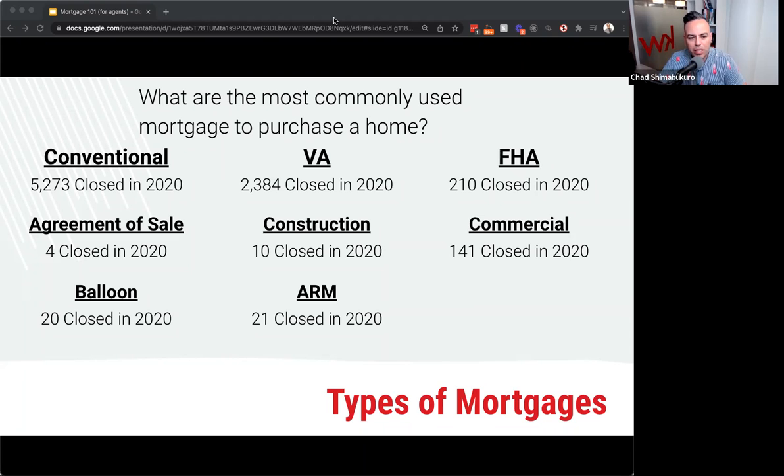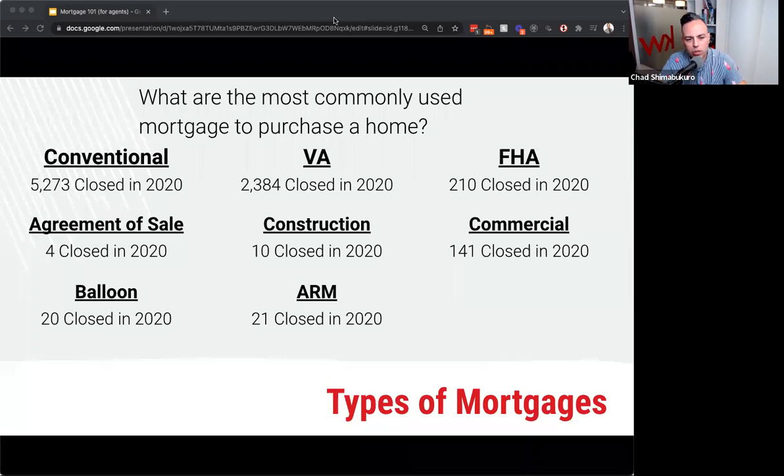Agreement of sale is basically a form of seller financing. I'm sure you've heard that term before, seller financing, even those agents that are relatively new. So why would a seller even entertain financing in a market like we're in right now, where anything can sell for the most part relatively quickly, and even for the most part above asking price, and there's competitive offers and so forth? There's no reason for a seller to ever consider an agreement of sale, or seller financing, under normal circumstances. But in a buyer's market, everything changes. It's a completely different thing than a seller's market.